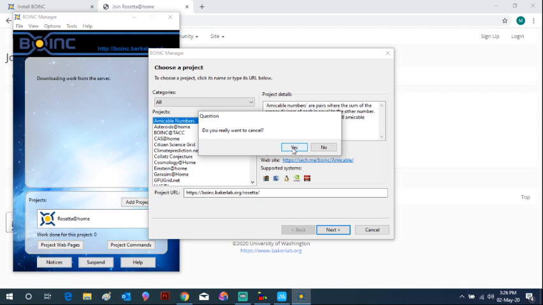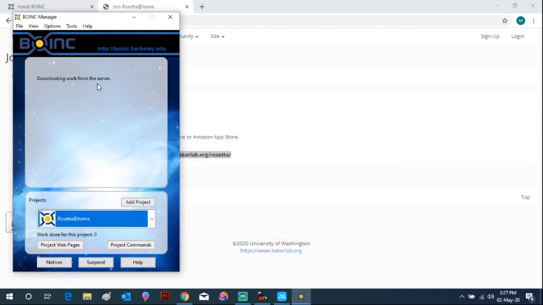Now it will download the file from the server. It will take some time, and after that it automatically uses your PC's power to fight against COVID-19. What the software actually does is take a small amount of your PC's power and transfer it to the server, so that the server can quickly make the protein of COVID-19 and test on it, according to my theory. So let's now see the steps for mobile phones, how we can do it from mobile phones.